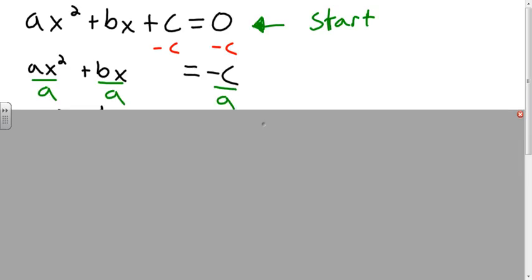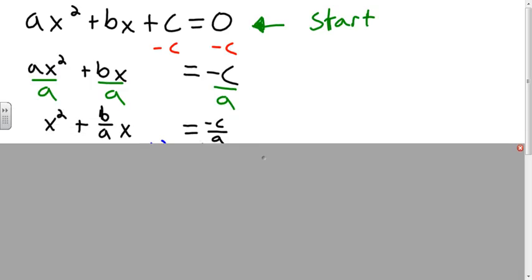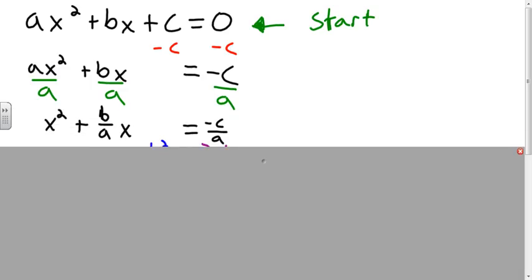From there, we divide by a, just to get rid of whatever term is in front of the x squared, because we want x squared to be alone, with no coefficient. So when we do that, that leaves us with x squared plus b over a times x equals negative c